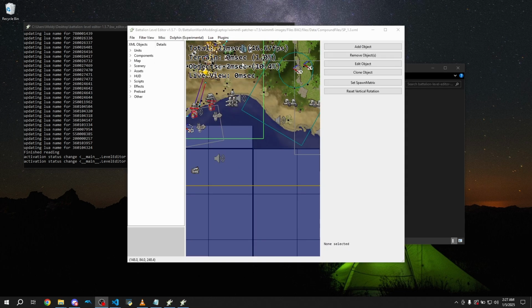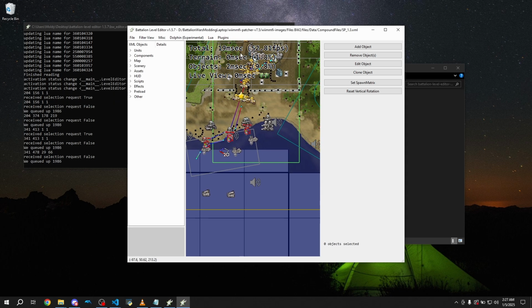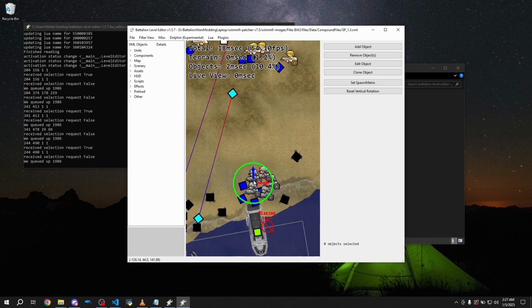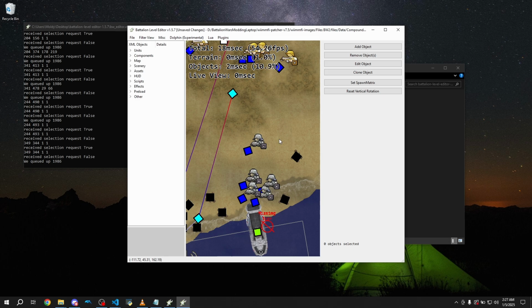Now, this next upcoming feature that I'm showing off is called padding. This one will probably have a lot of confusion around it, and that's understandable for a little while. So, how padding works is basically, if I edit, say I move this troop here, and the game's already loaded, it's expecting the file to be of a certain size. And when you change that size, by changing anything in the XML and saving it while the game's already running,